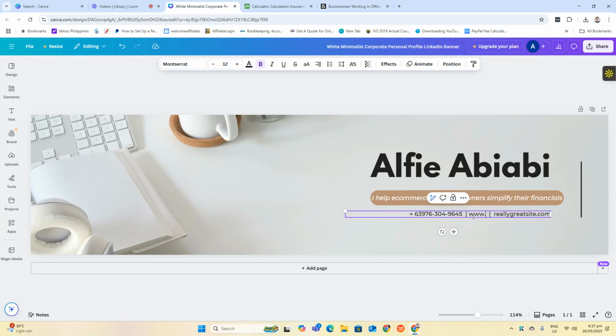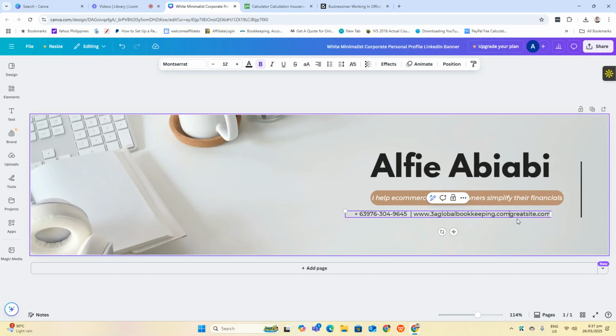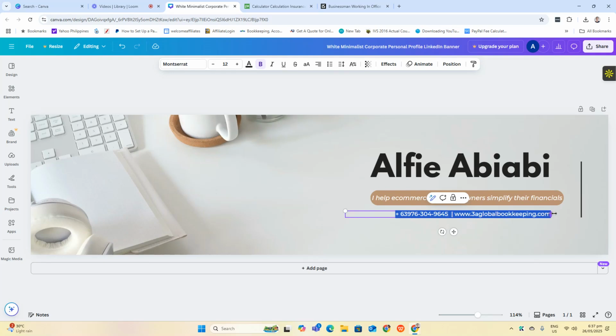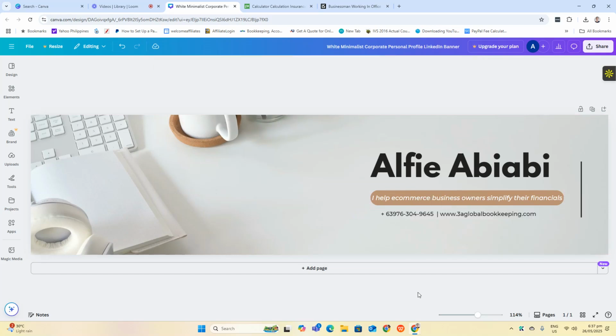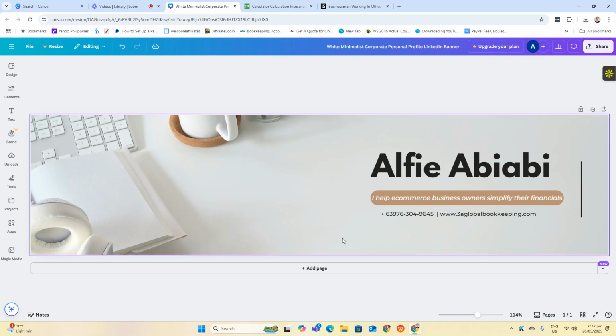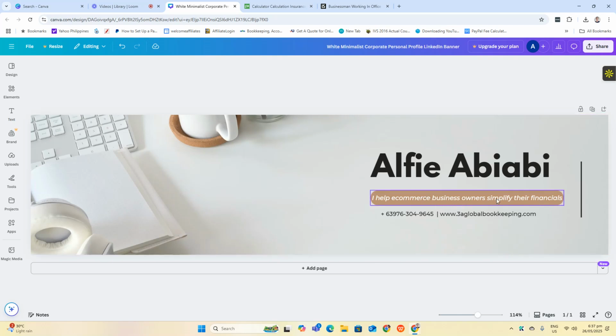Okay. Globalbookkeeping.com. Okay. So I'm going to adjust this one. Okay, so this is simple. I help e-commerce business owners simplify their financials. Okay, I help e-commerce business owners simplify their financials.